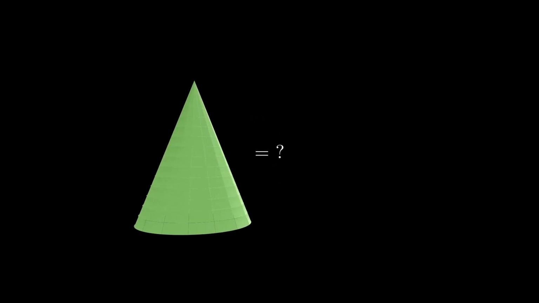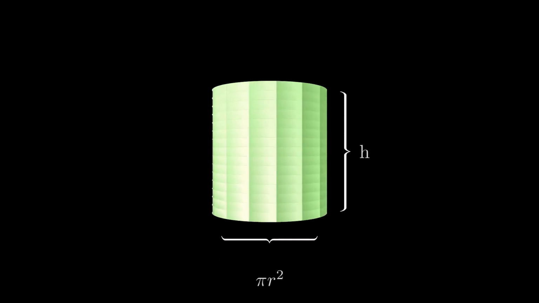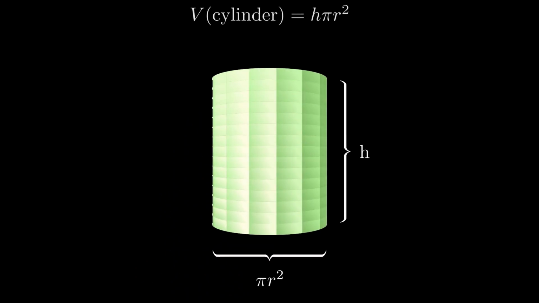How can we find the volume of a cone? Now, how do we even start on this problem? A cone is weird. It's slanted, not straight. Unlike a cylinder, we can get a cylinder's volume easily. We just multiply the base with the height. If a cone was so straight, this wouldn't even be a video. But wait, maybe it can.